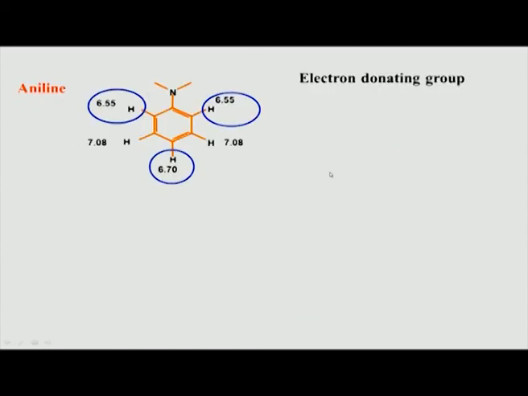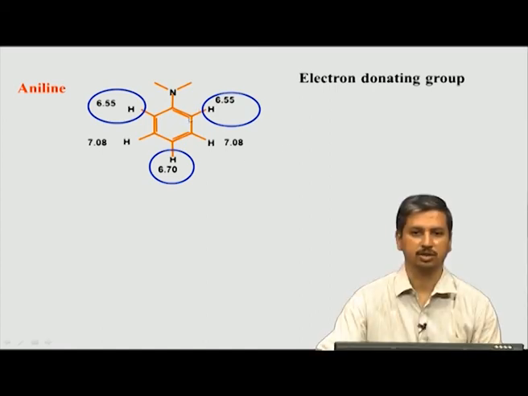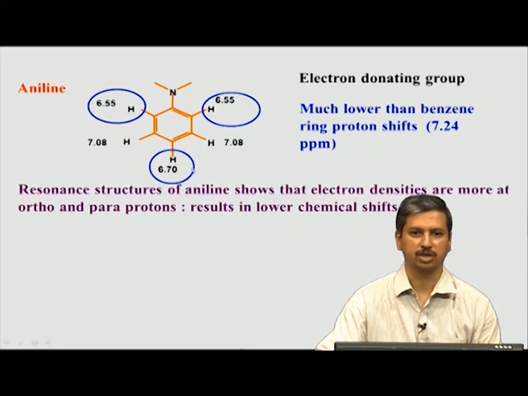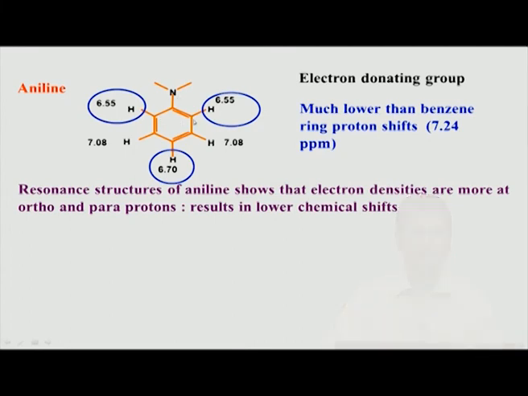This can be further extended to aromatic systems, as we can see in the aniline case. In the aniline case, there is an electron donating group, and the electron donating group increases the electron density. If you look at this structure, you can draw the resonance structures of aniline, which show that it donates electrons to the ring, which in turn donates electrons towards this hydrogen atom, and because of that this particular hydrogen atom becomes upfield shifted.